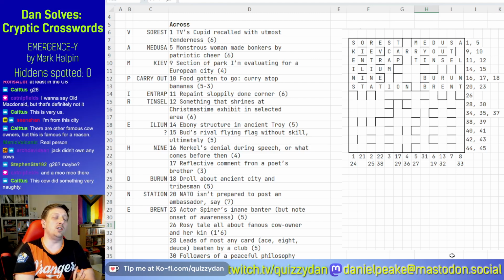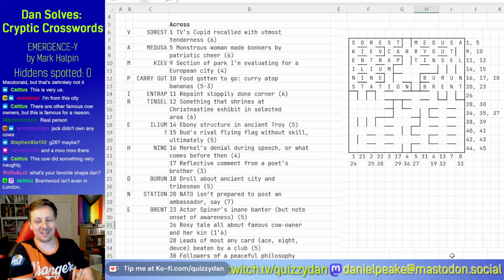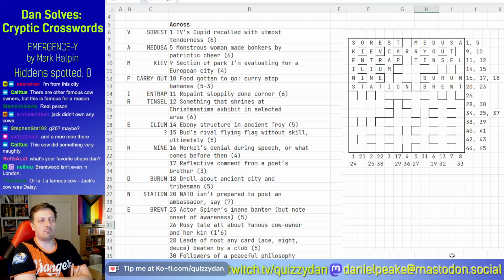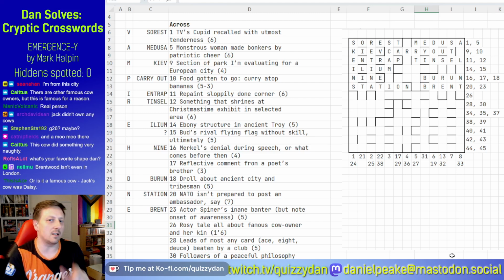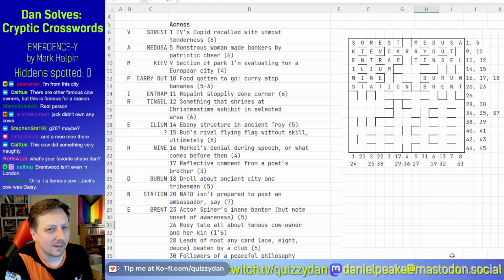If this is O Ranger, I will be very upset because it's 1-6 with a thingy. What's my favourite shape, Dan? It's a... Oh, that's a deep philosophical question. I could go on for hours about this. My gut says it's a triangle, but I do like a good square. Anyway,